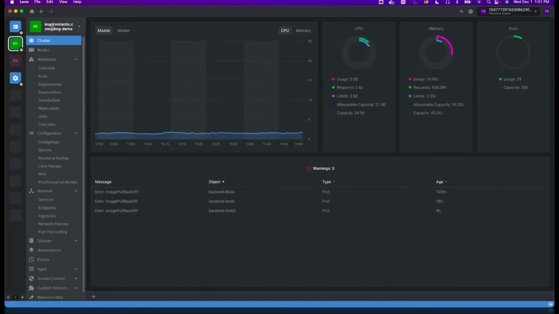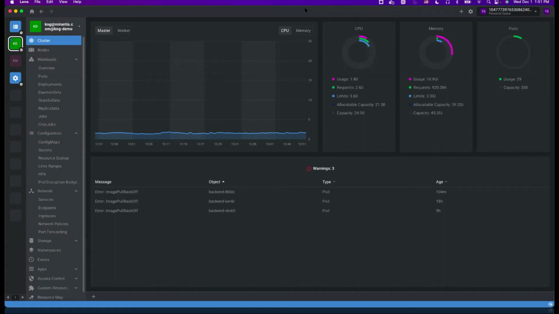So we've made it easier through what we call a Kubernetes IDE. This is Lens, what you're seeing right now. It brings a UI aspect into Kubernetes, providing developers visibility into the clusters as well as lowering the barrier of entry into Kubernetes.